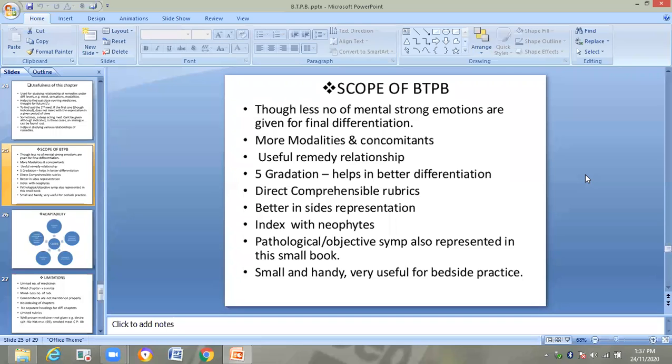As we know, Boenninghausen's repertories are relatively initial repertories. Dr. Boenninghausen was called the father of homeopathy, father of repertories, because his was the first repertory published, which was written by Dr. Boenninghausen,